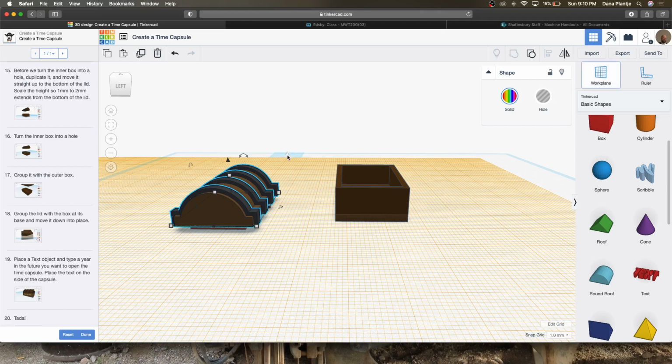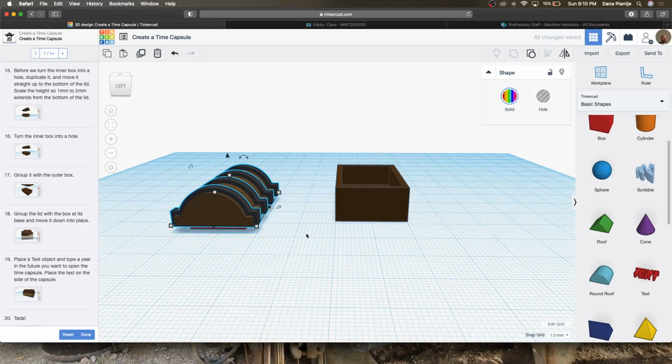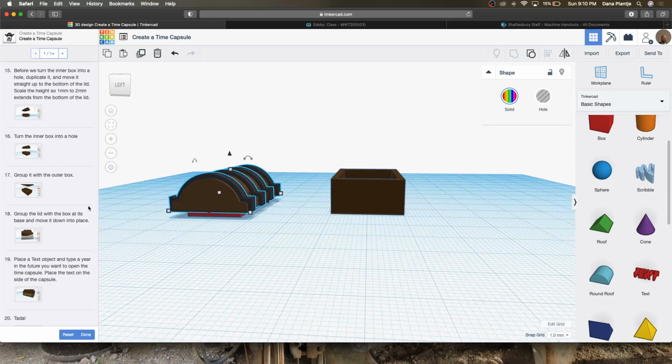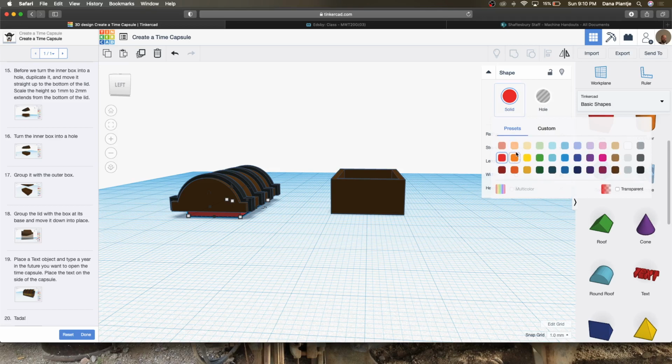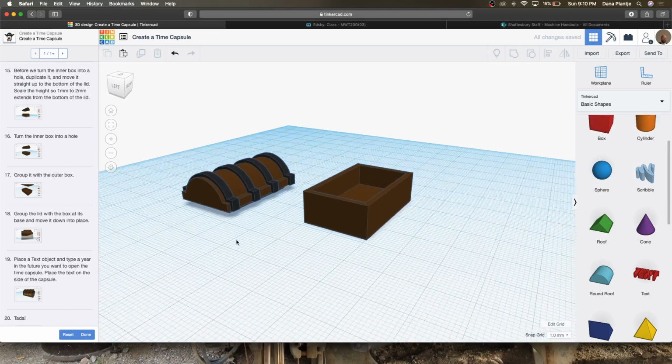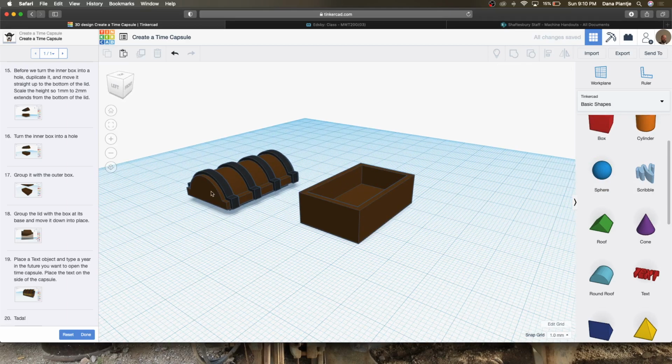So I'm going to reset my work plane by hitting the W key again, push the selection off somewhere where there's nothing to select, and then I'm going to be grouping my lid with that new box. So I'm going to switch the color of this new box so that it's also brown, and then I'm going to group these objects together. There's my lid together,